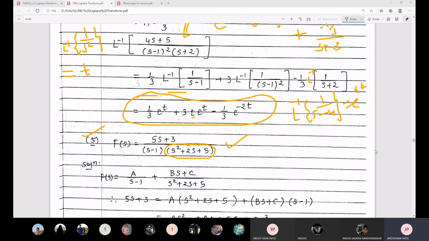Talk to these students, write down the numbers: 19EE002, 008, 9, 13, 16, 18, 19, 23, 24. Okay, those are the absent students. So inform them, talk with Jimit sir, whatever problem you have.